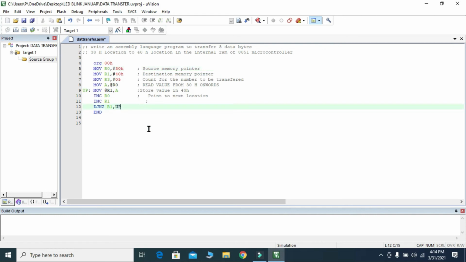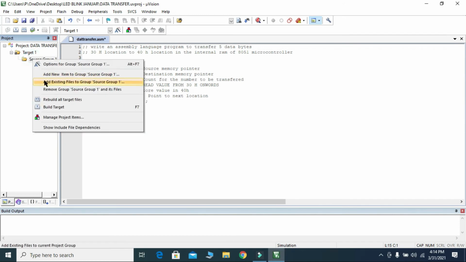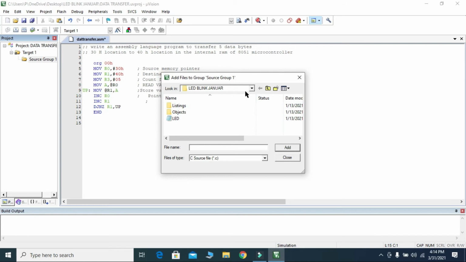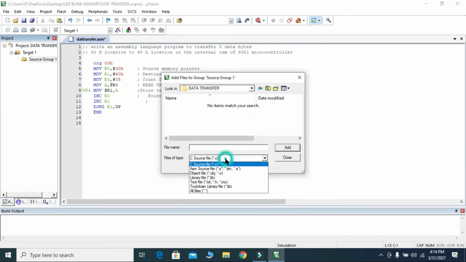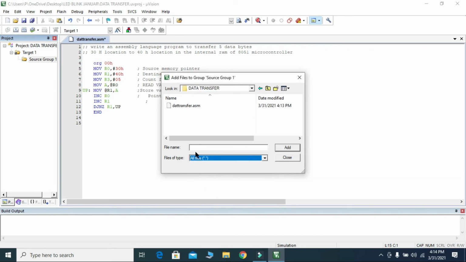Once you save the code, add it to the source group. For that I need to add existing file to the source group. Go to data transfer, which is on the desktop, and I am using assembly coding, so select it and add it.